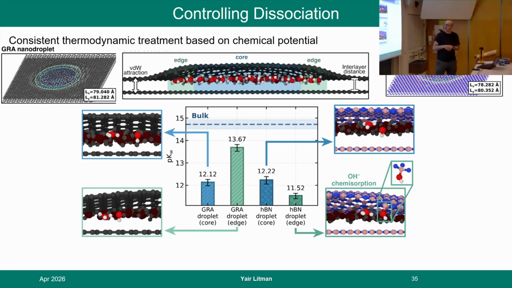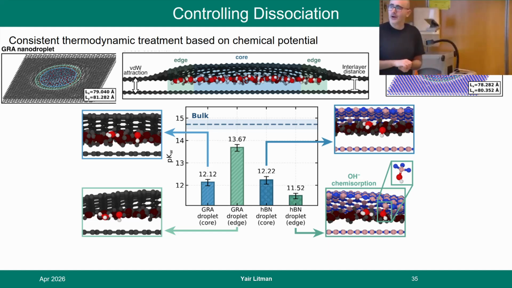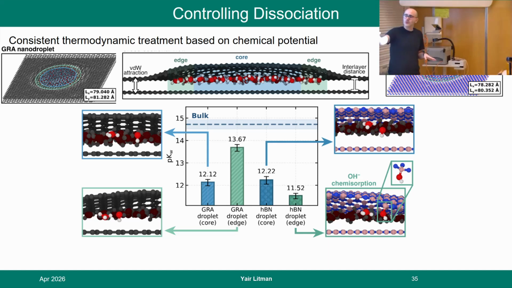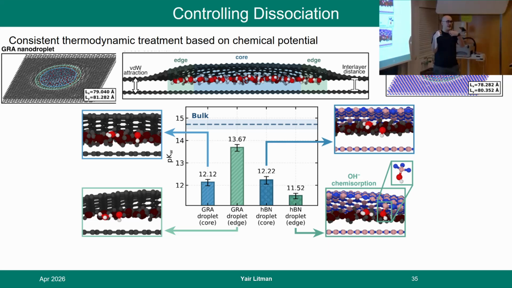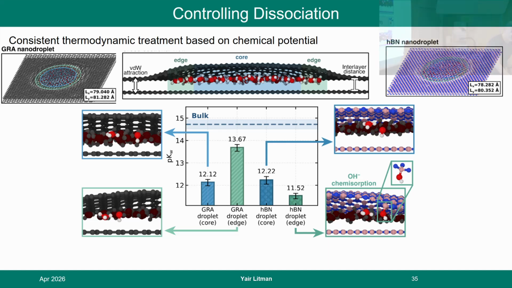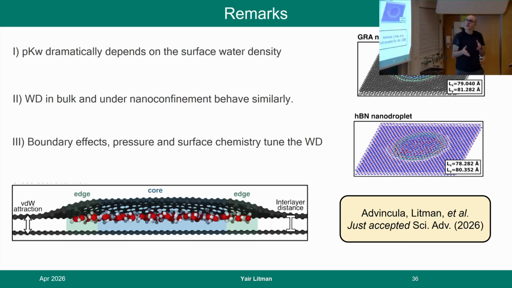Then we do the same with hBN, because this is also relevant in these nano-fluidic devices. In the core, there is nothing new, the same as graphene, but at the interface, where you have this curvature, the hBN becomes a little more reactive because the orbitals of boron and nitrogen overlap less. That means it has a higher local charge, which is more reactive and stabilizes and can adsorb the OH. And if you have a chemical solution that drags the reaction, then of course you will have a more favorable reaction. So I hope that in this last project I convinced you that the pKw